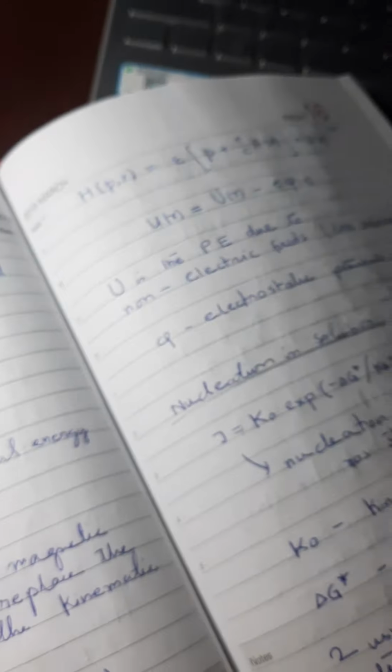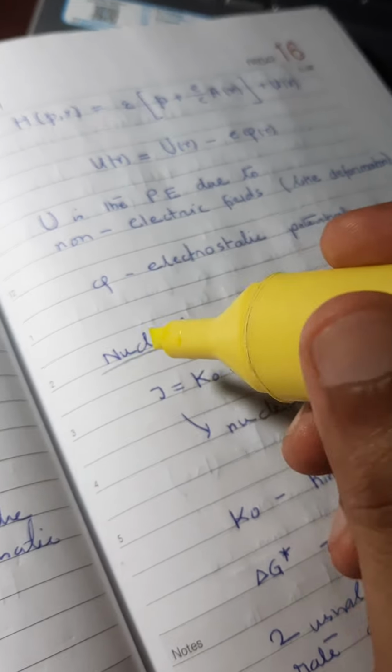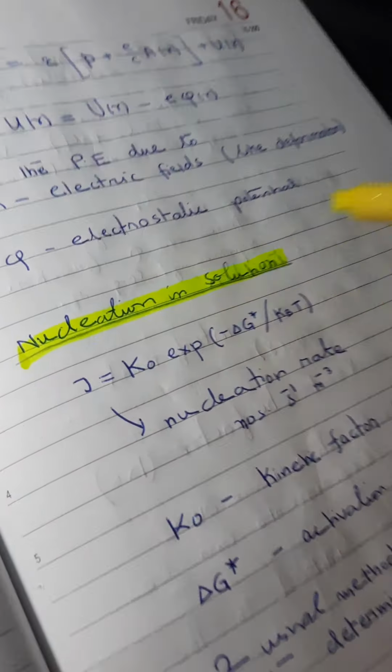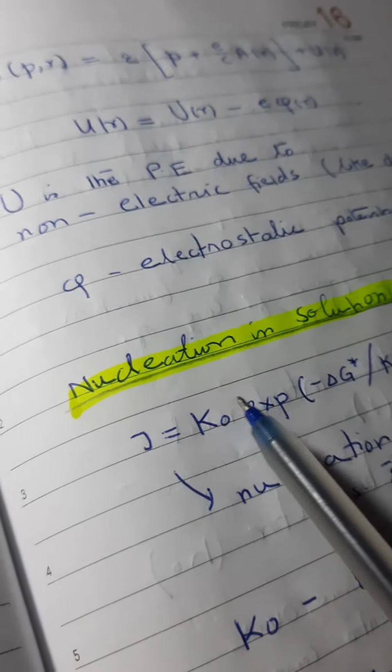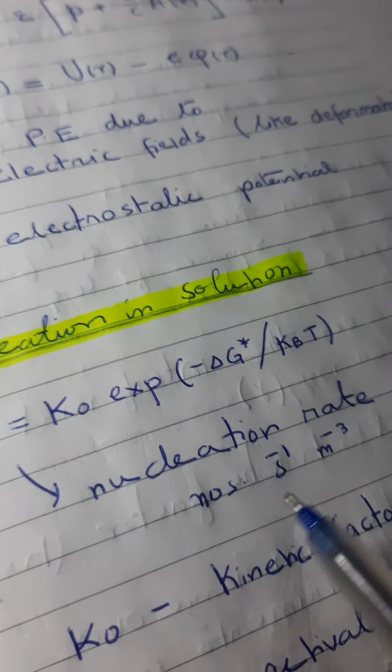Hello students, so today we are going to discuss nucleation in a solution. Now the basic relation explaining the nucleation in a solution is given as J, which is the nucleation rate,